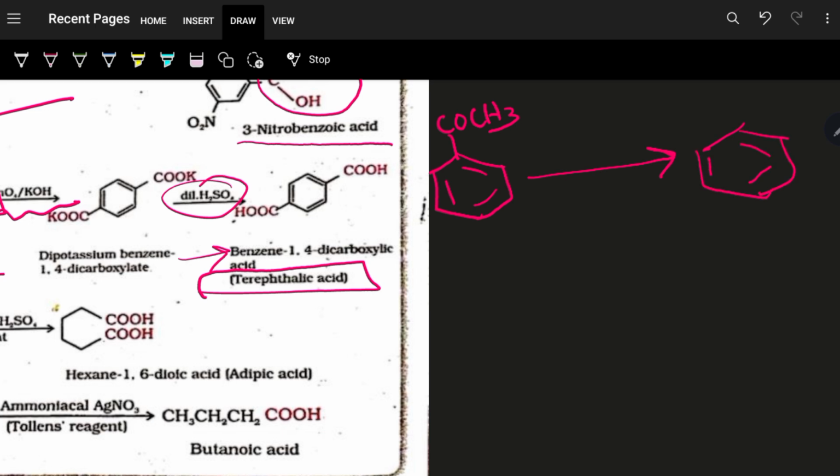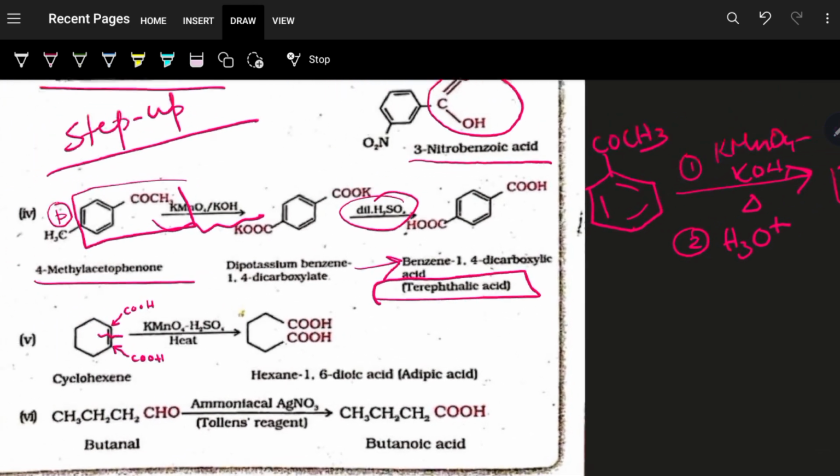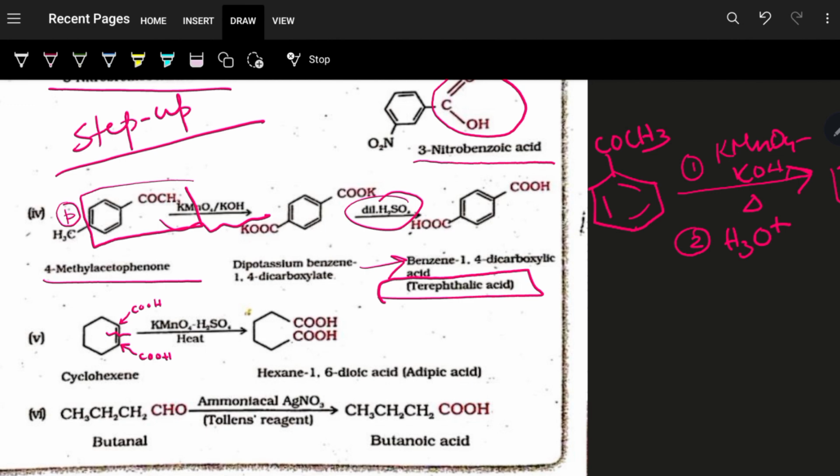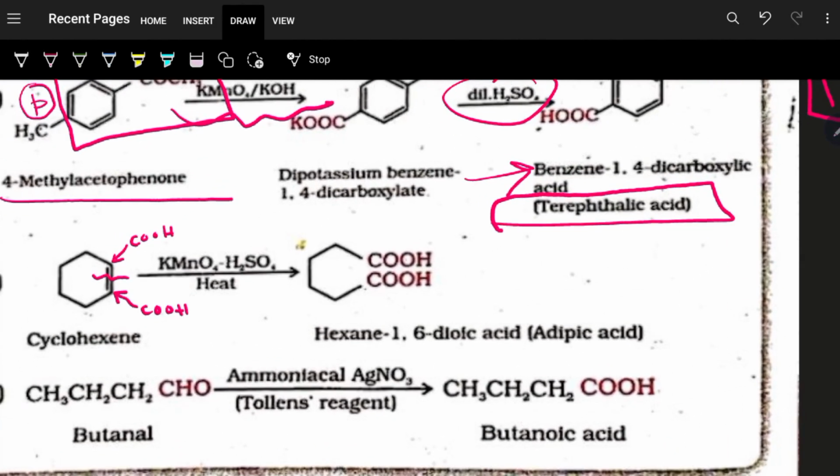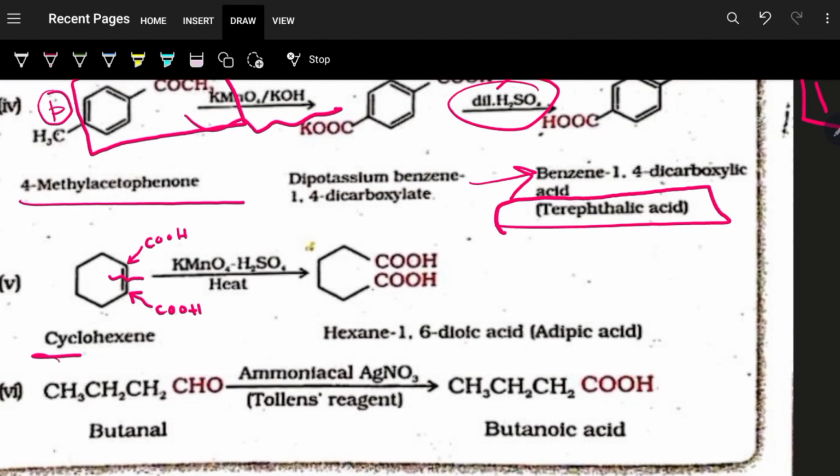So what will I do converting it to benzoic acid? I will use alkaline KMnO4. So KMnO4, KOH, heat, number 2, H3O plus. Okay, so then I will get benzoic acid, and then in this case also I am getting benzene 1,4 dicarboxylic acid. Next, cyclohexene to